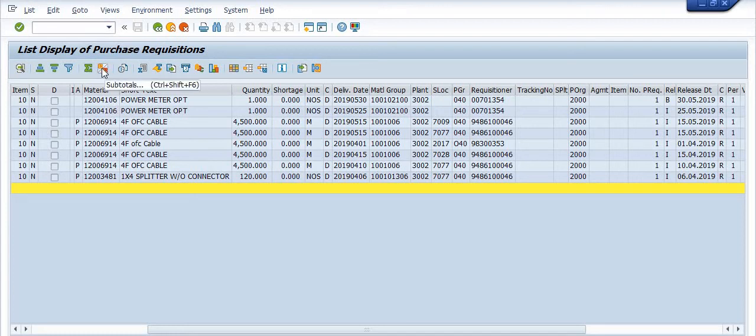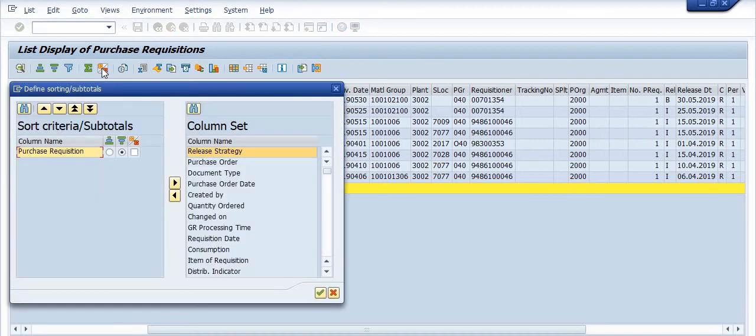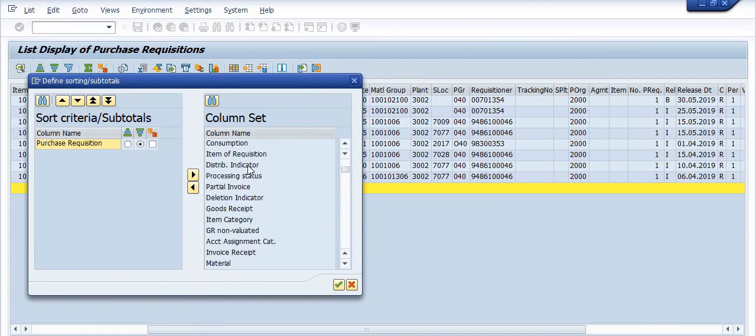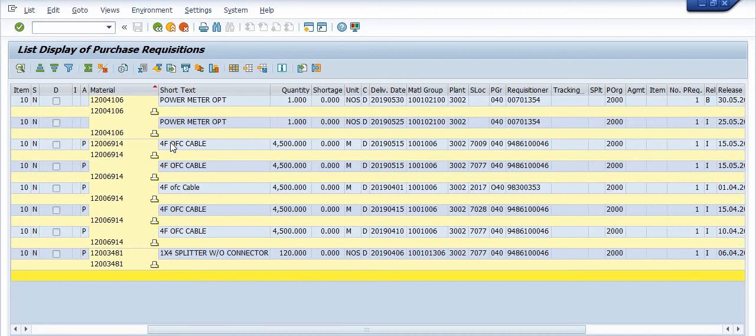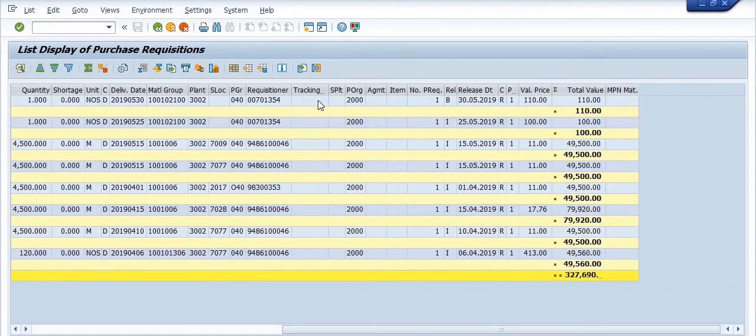You can sort here, and you can apply the subtotal on this material tab. So these are the purchase requisitions with respect to this material, and this one, and this one. You can analyze the purchase requisitions with respect to the material used in the purchase requisition.